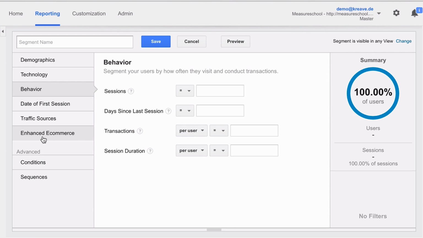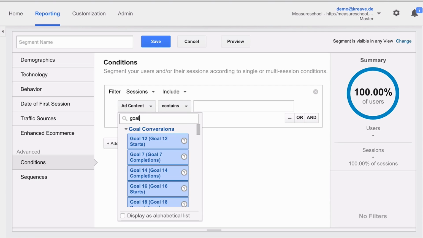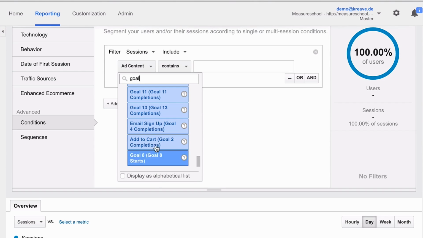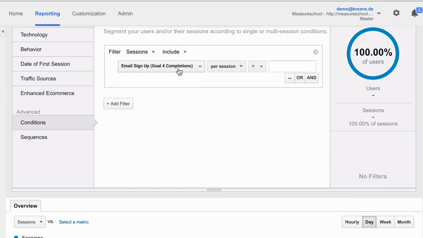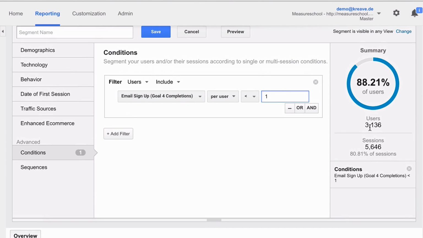So for example, for Measureschool, I would build a segment for everybody who hasn't reached my sign-up goal. We would go under conditions and we can find our goals in here, and just scroll down here and see we have here our email sign-up goal, number 4, and we will just say the email sign-up goal completion per user, let's go on a user basis here, is lower than 1. We're updating our segment and we see that we have a sizable chunk of users who have not reached this